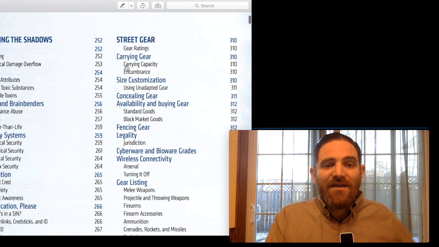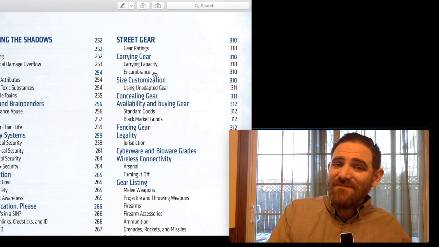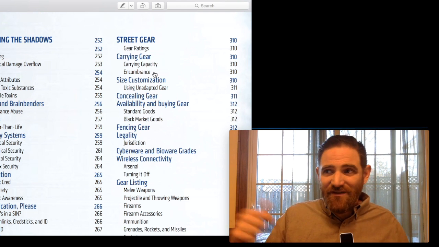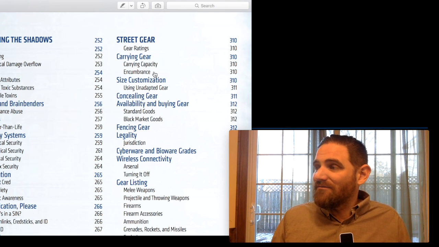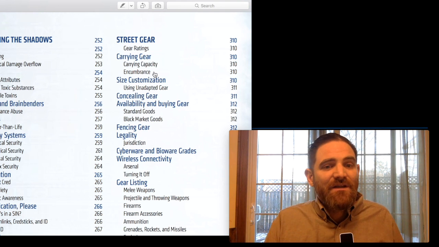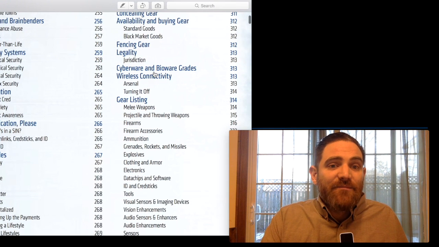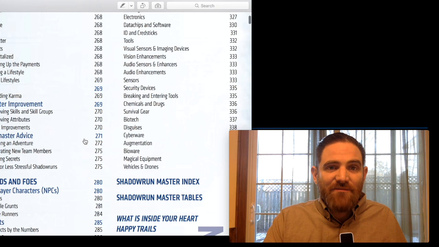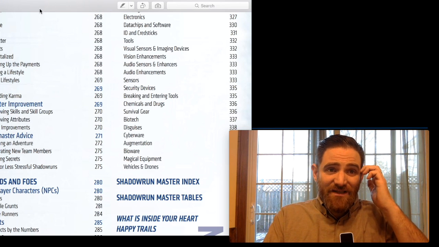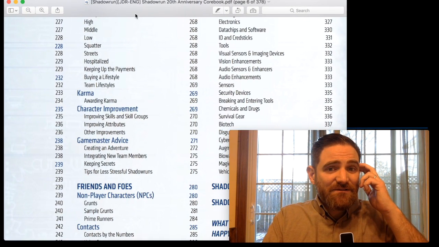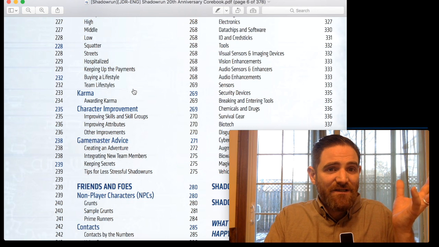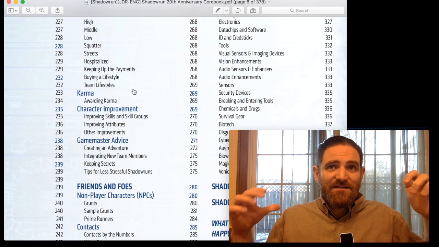Finally, a whole system about the kinds of gear that you might have, the kind of objects you would have. Encumbrance system means how much of this stuff can you carry? How much will it weigh you down? So you have to think about, I should throw away my magic potion, but take this laser gun, for example. And then just details about all kinds of different objects you might use in the game world. So that's almost 400 pages of rules and math and dice systems in order to make sure that this game